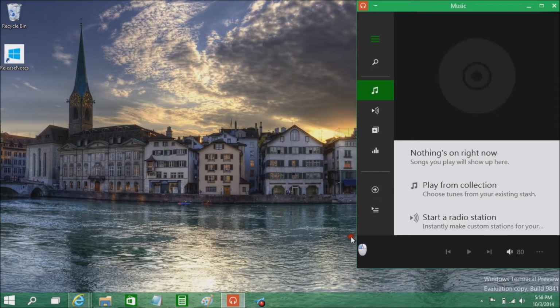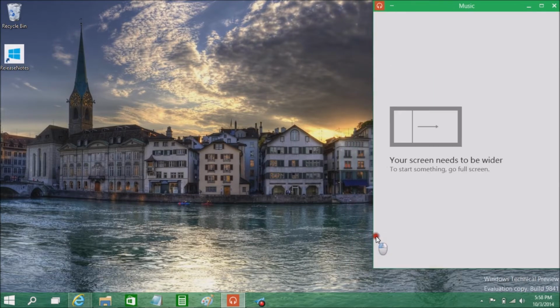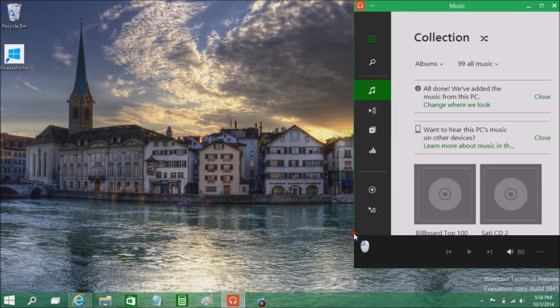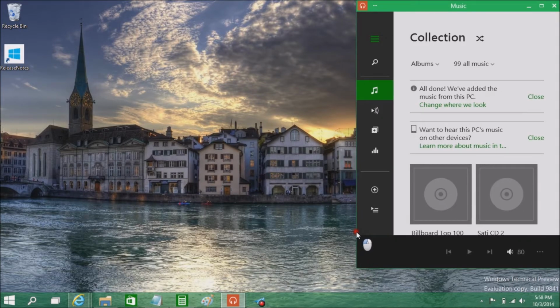The fact of the matter is, Metro apps are still limited to how they were originally designed. Metro apps are always designed to be full screen first, 1/3 screen second, and now there's a couple more resolution options that came out in Windows 8.1, which are nice. But